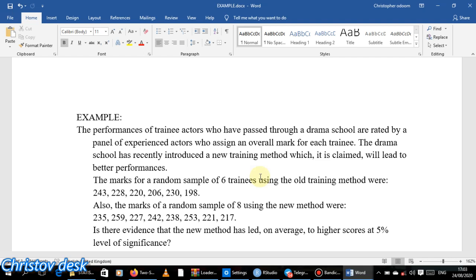So this is just somebody's claim. The underlying word here is "claimed". When you say claimed, it means it's just an assertion, it hasn't been proven, so it is up to us to go and prove it. So it says that the marks for a random sample of 6 trainees using the old